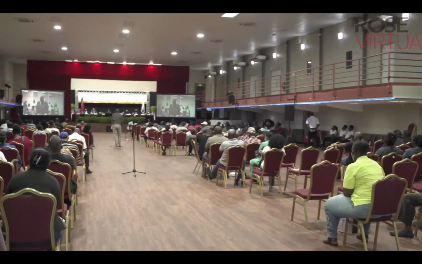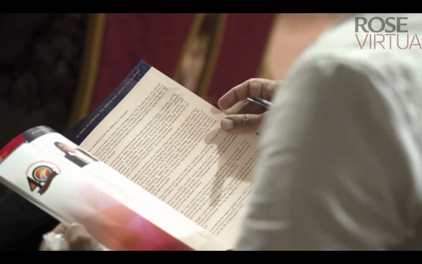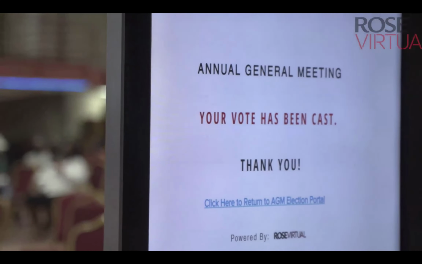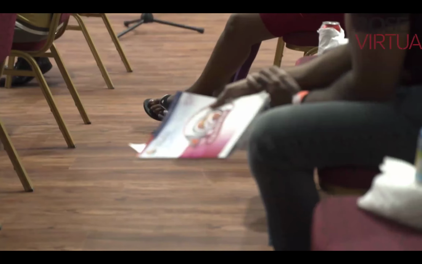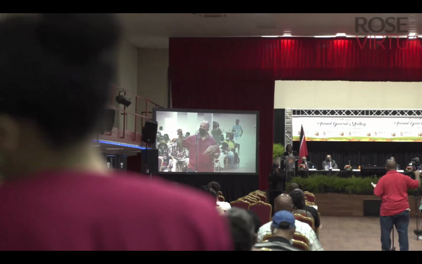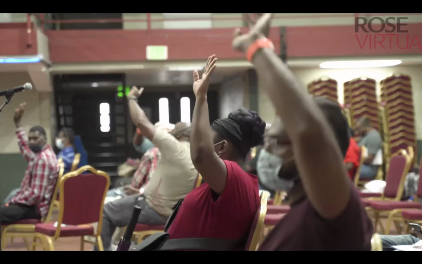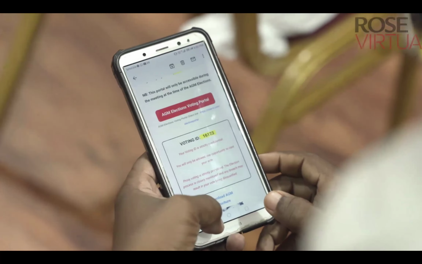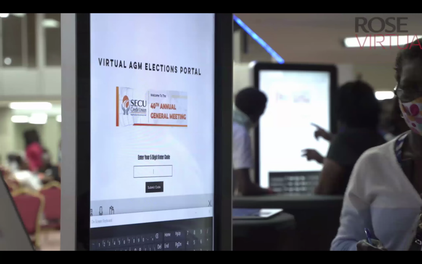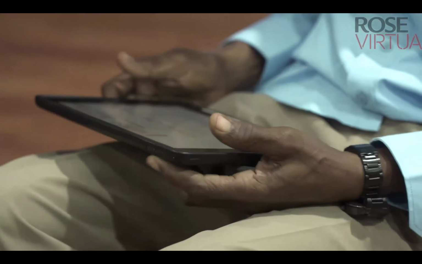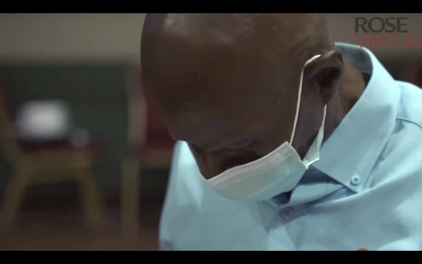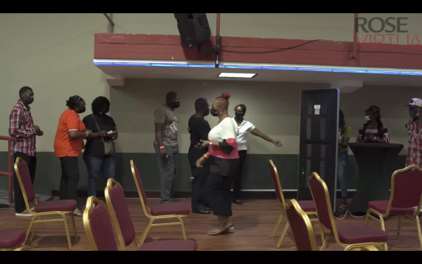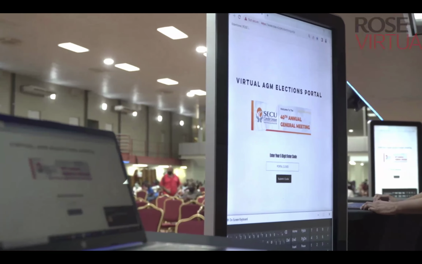Well, I always come to the meeting every year. I'll vote, of course I vote. And I like how it went. Instead of having to go up and sign and whatnot, it was very interesting. And I hope next year it will be the same as this year, or better. I like this one. It's better than the paper and the passing it. I find this process takes less time. The best part is having this high-tech modern thing and knowing how to use it personally without having to ask for help. That was good. As I say, I was impressed.